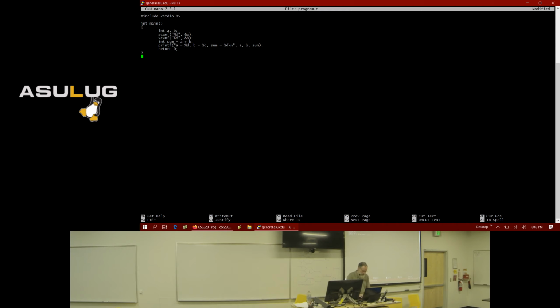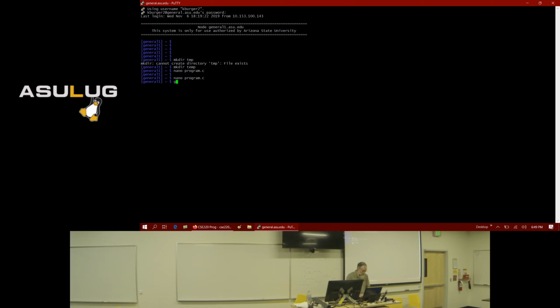So now let's save. Control O, and I'm going to build this. Now this is a C program, so we use gcc, which is the C compiler. You can specify the name of the output. Well, let me just compile it. So when I build this, notice that it creates, let's see, hold on, I'm in the wrong place. I'm going to move my file to a temporary directory that I can delete later.